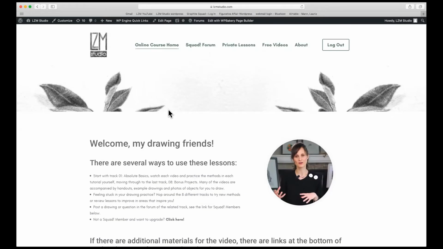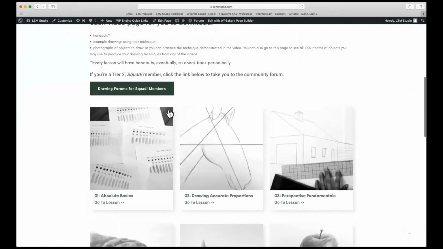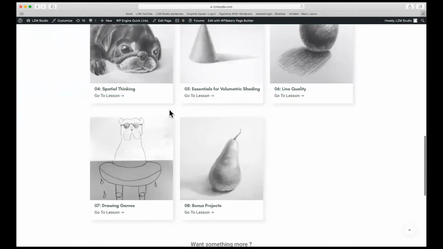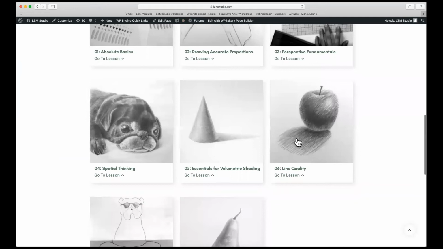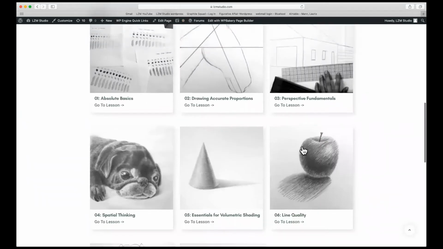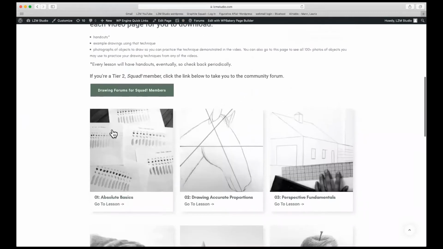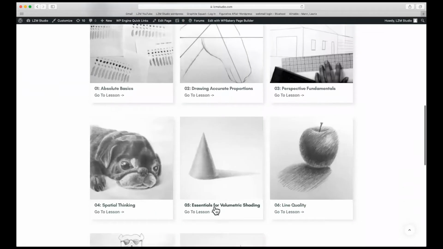Okay, so once you're logged in, you're going to see that there are 8 different modules. A lot of these have either extended videos that are more in detail than the ones that I've put on YouTube, or they're completely new. This section is entirely new. This section is entirely new. This section is entirely new. This one has very extended videos on it, even though I've got some similar stuff on YouTube. And then some of these have new things too. So you'll be able to click in